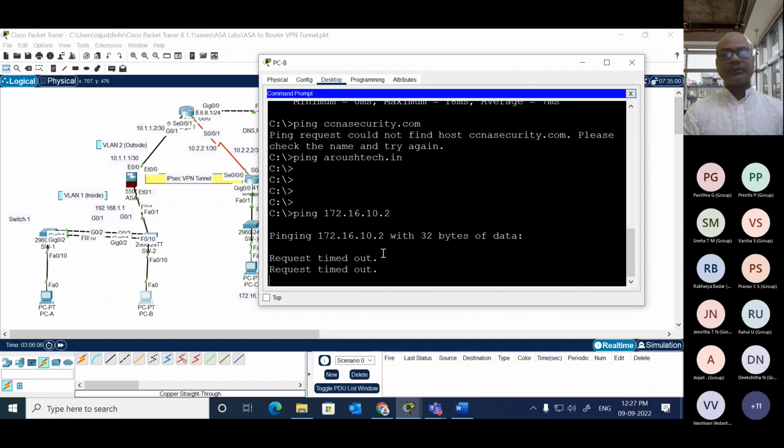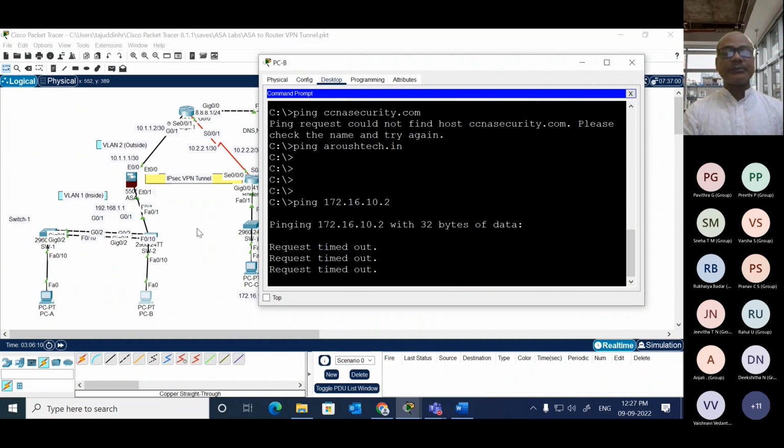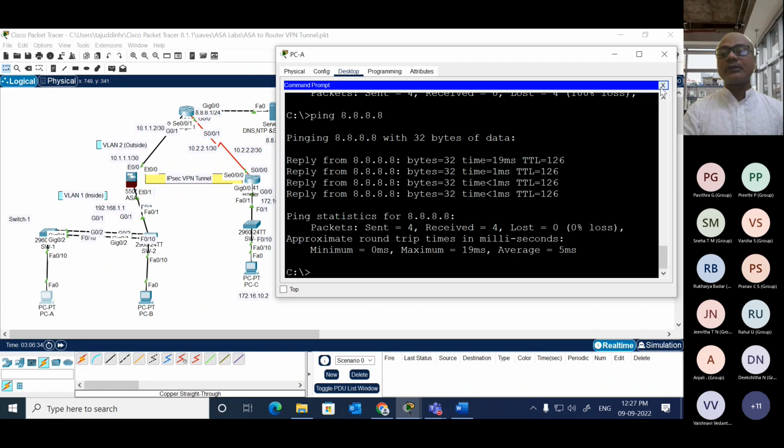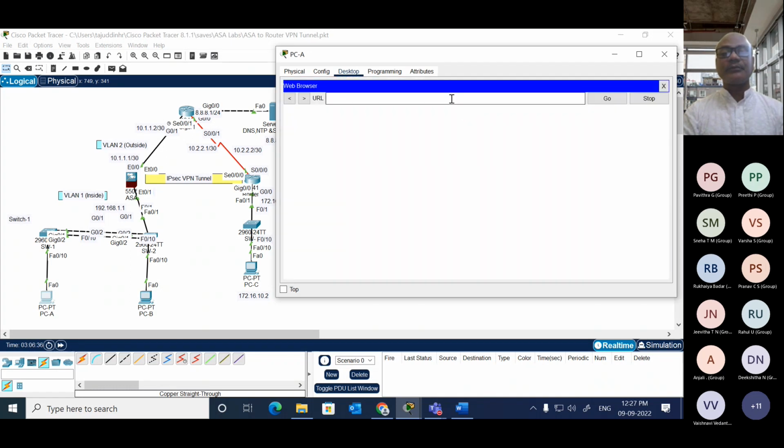If you get such an error, try the shutdown and no shutdown commands, especially for these two interfaces, serial and this one, because we have created the VPN tunnel using the IPsec protocol. It takes time, so if you give no shutdown and shutdown commands, it reads the entire contents with the fresh configuration we configured. Okay, we'll do that. So before that, check for our DNS server